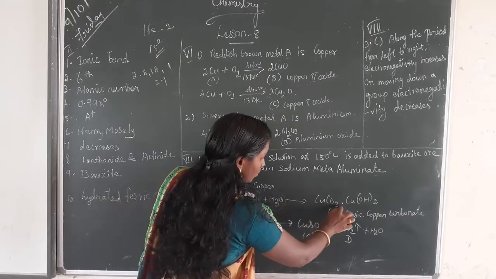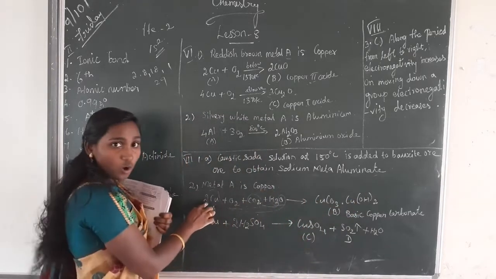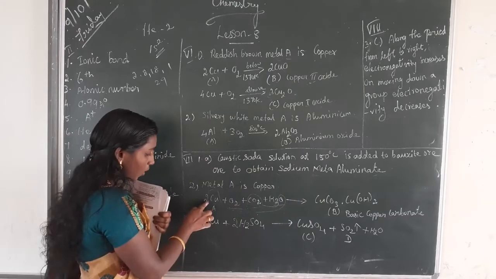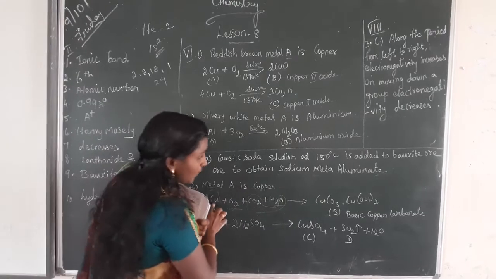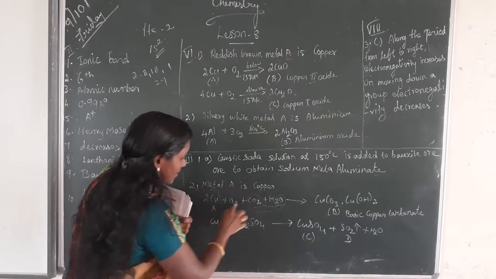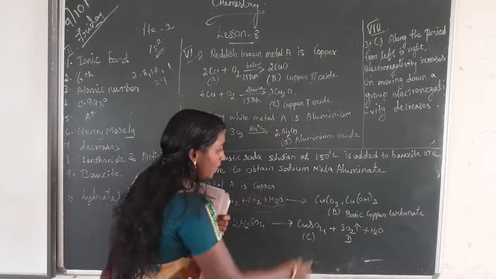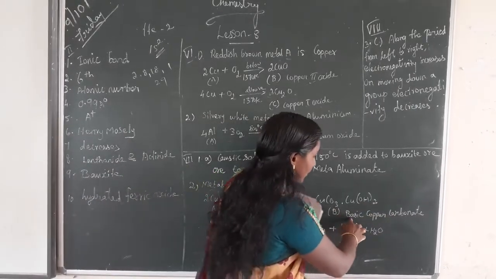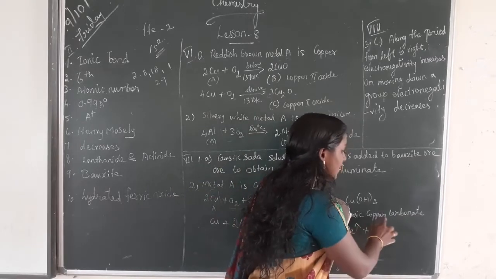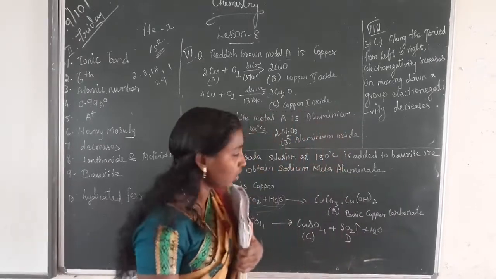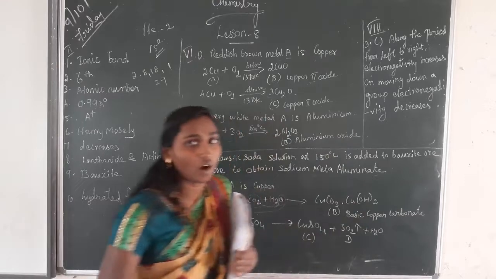So totally CO3. Then again here 2 copper is there, right? So one more copper. So Cu. Then here 2 hydrogen, here 2 oxygen. It will form OH twice. Okay, this is B. This is called basic copper carbonate. Okay, this is a green layered compound.